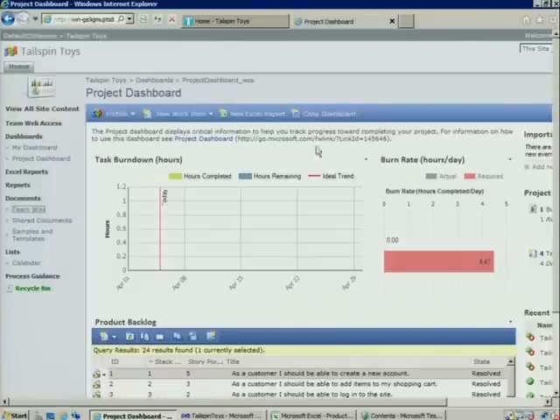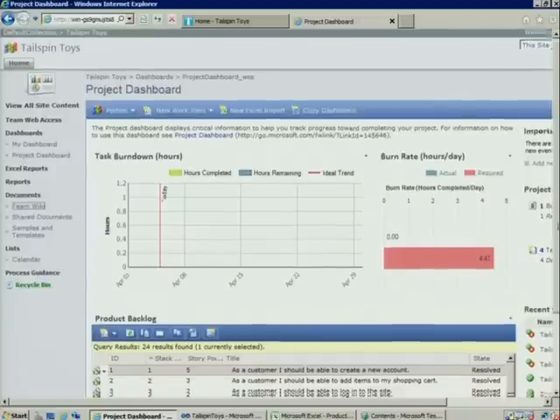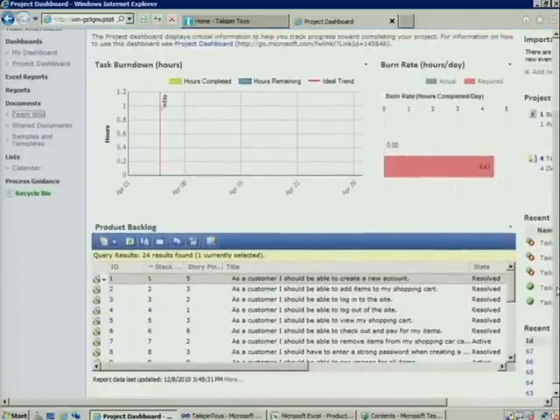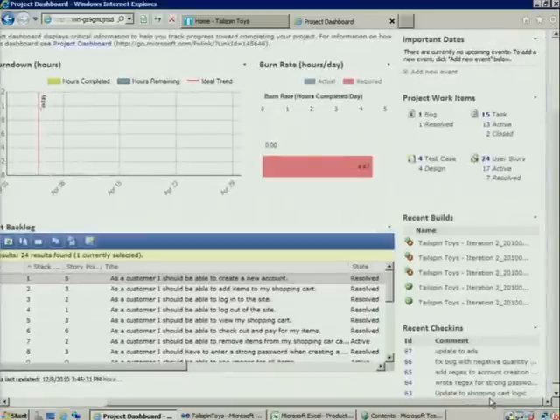Here you can see I have a task burn down listed by days. I also have a listing of product backlogs. These are items that are either resolved or left pending. We scroll over to the right. All through the browser, I can see things like project work items that I'm working on, and any recent builds that have been iterated on. For example, if I'm utilizing continuous integration, the process where for every check-in there's a build and test run, I can see the results of those builds quickly and easily through a